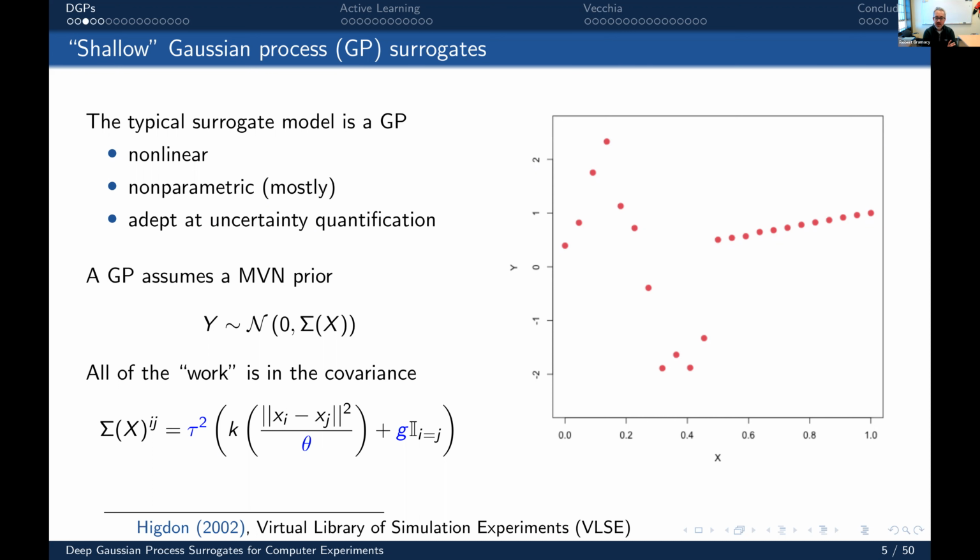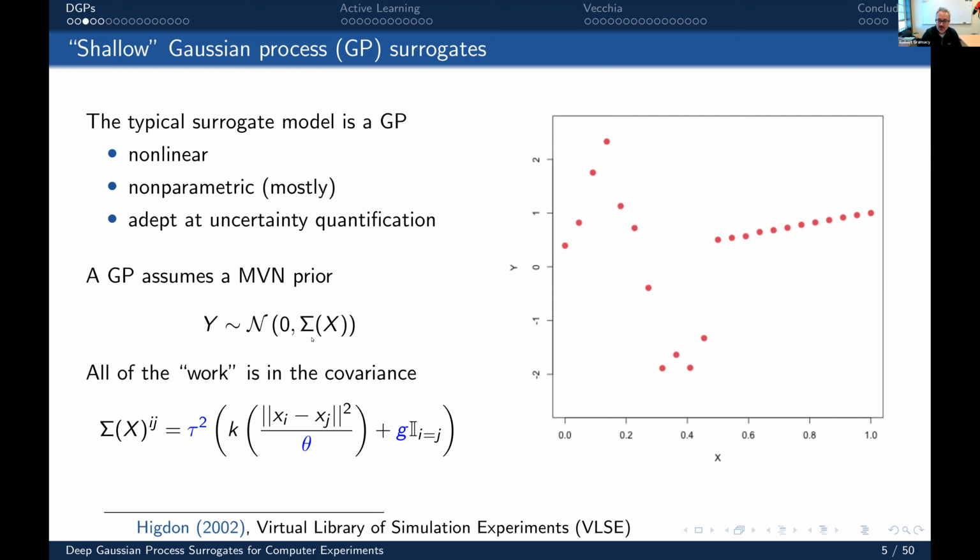The interesting thing about a Gaussian process compared to ordinary linear regression, which can be interpreted as a Gaussian process too, is that whereas ordinary linear regression puts all the modeling effort in the mean through x times beta with an unknown parameter beta,